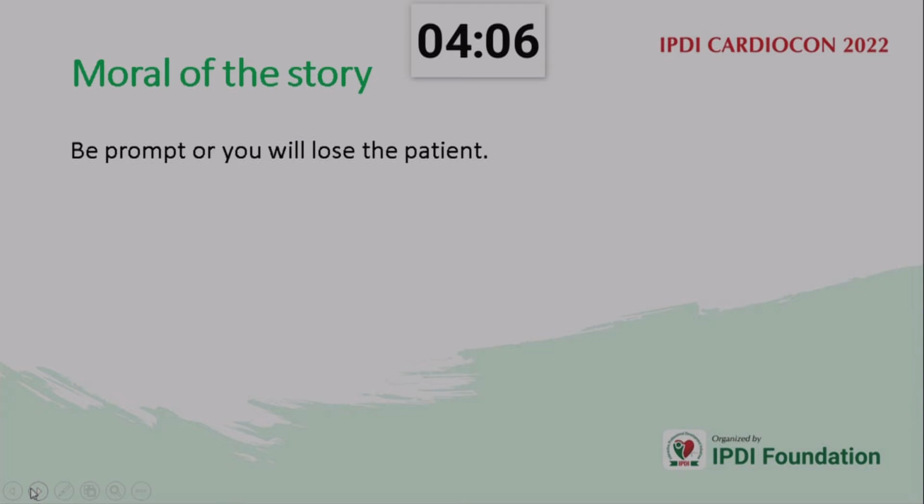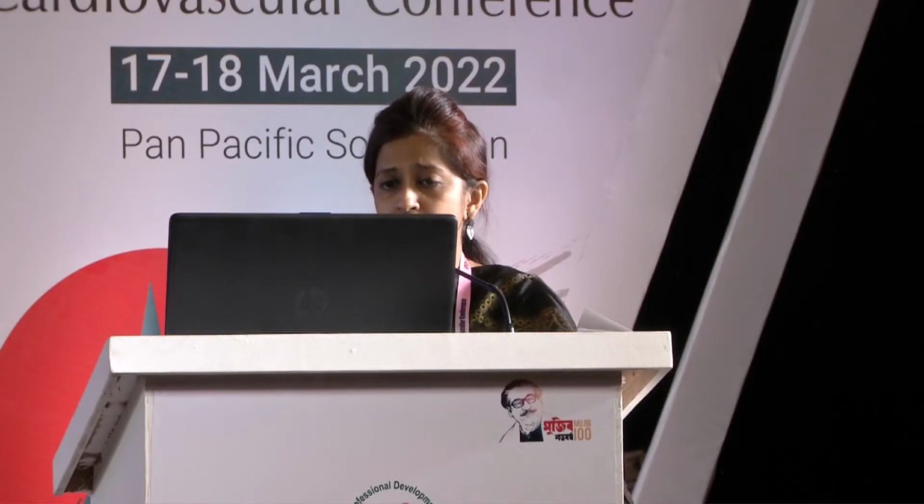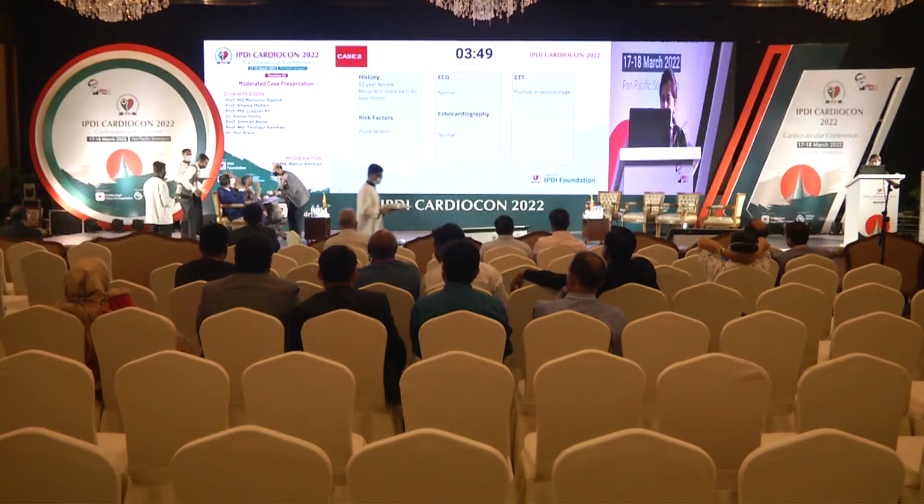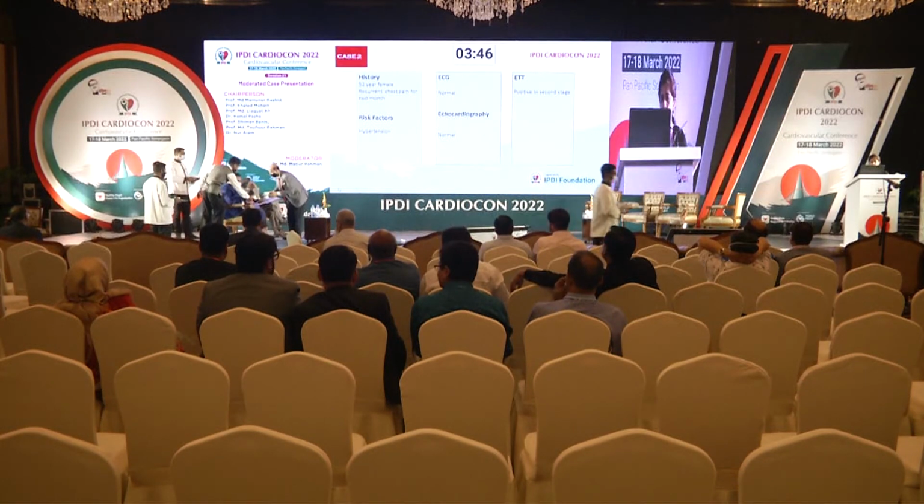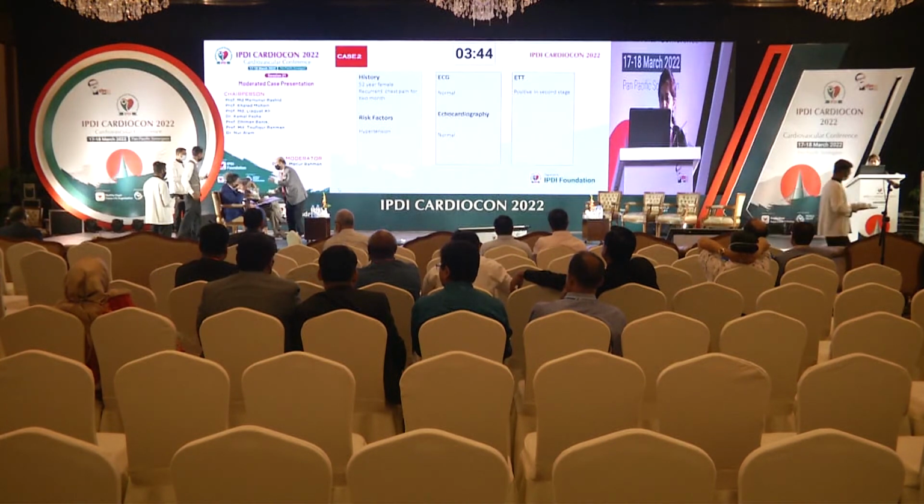So my recommendation for this case is that you have to promptly identify and take action in case of dissection, or you lose the patient. Because in this case, we lost the patient, because the RCA was the only feeding artery and we could not manage the patient. My next case is a 52-year-old female who presented with recurrent chest pain for the last 2 months